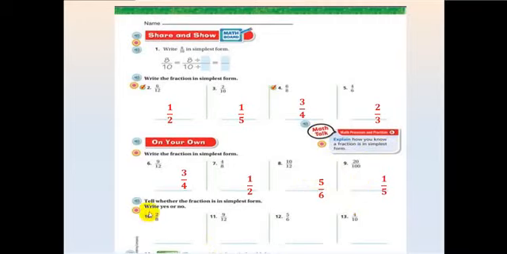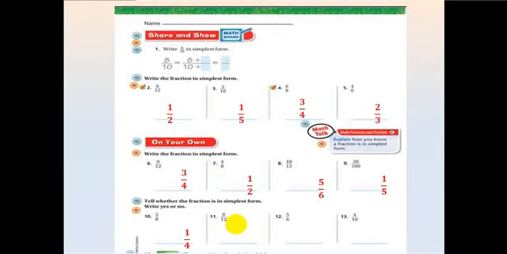Here, say whether the fraction is in the simplest form. Write yes or no. Is this in the simplest form? No, it is not the simplest form. The simplest form here is 1 over 4, or fourths. Here, is it in the simplest form? No. Okay. If you can bring the common factor, look at the numerator and denominator, and